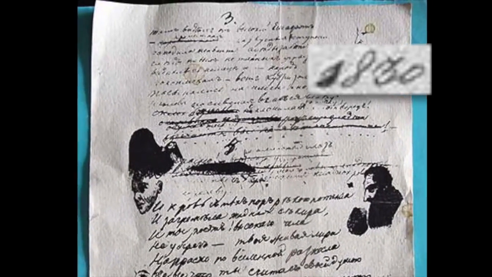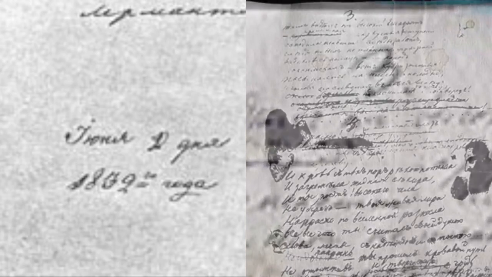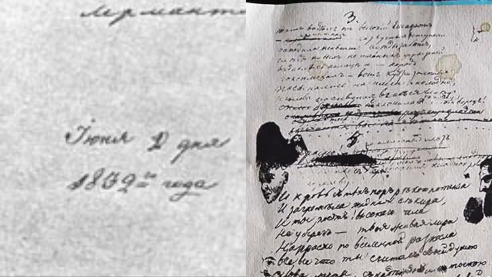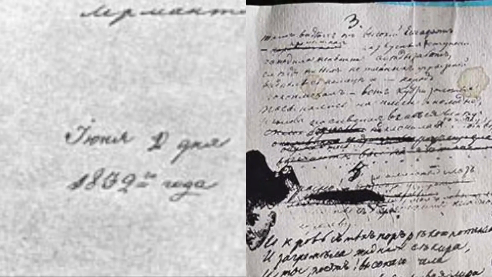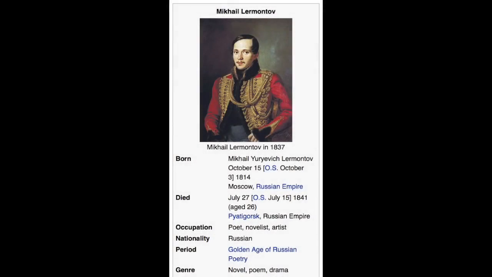If we see other documents of Lermontov, we can notice that he writes 3 in a completely different manner. Attention to the very top of this page of this document. It is becoming pretty obvious that the 7 has been made artificially to look like 3, and in this way a given historical event has been sent back in time with 40 years.